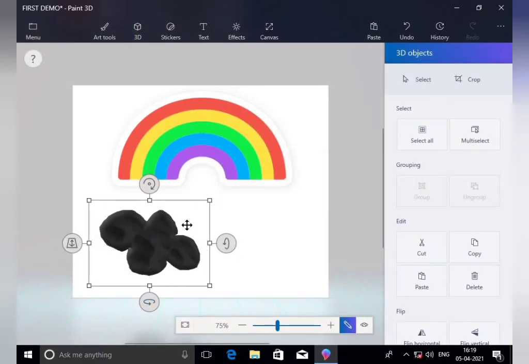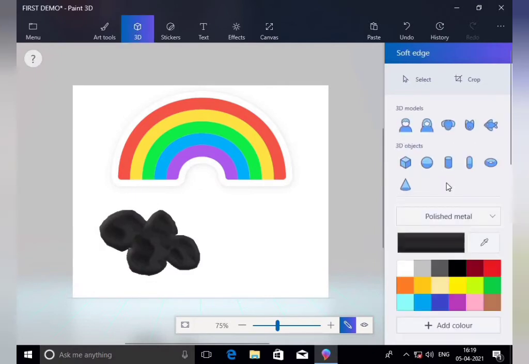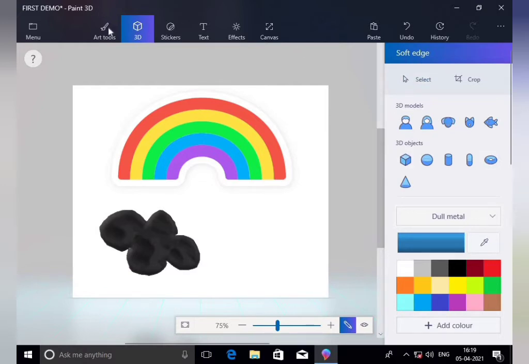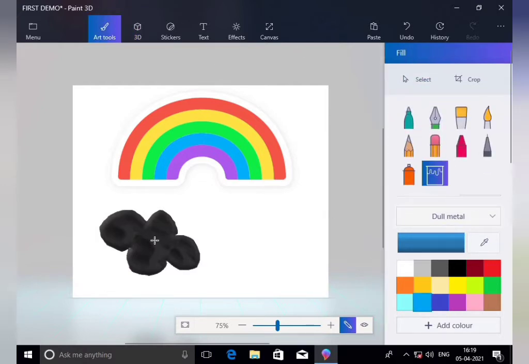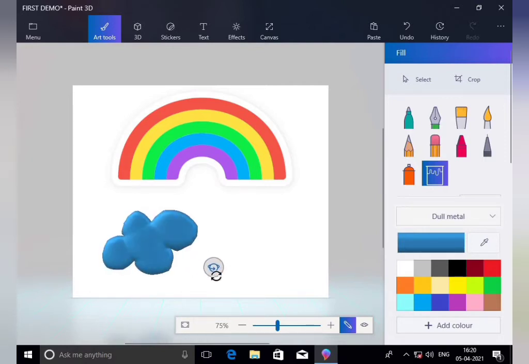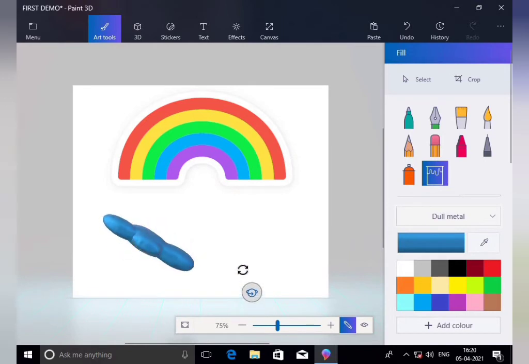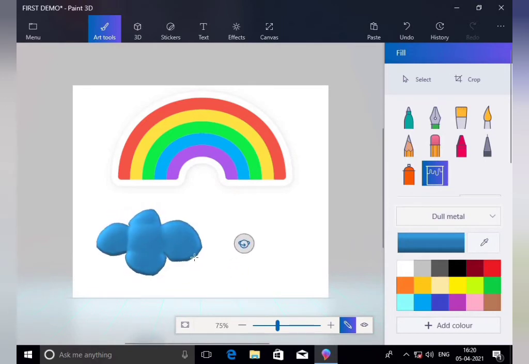Now this is a sky with the black color, so we can choose a sky color for this one, right? So this is our sky, see, 3D.